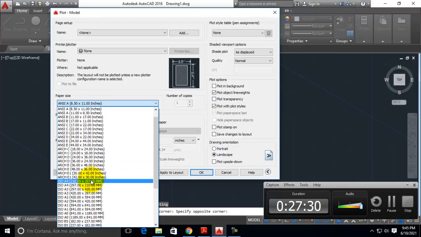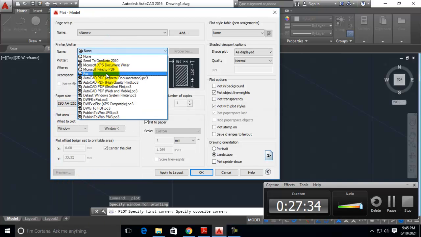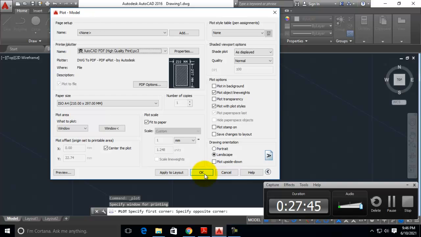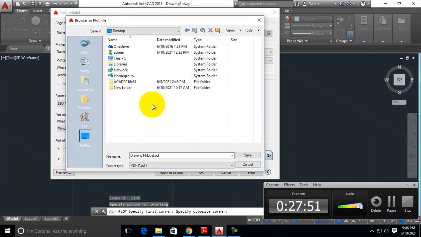ISO A4 also you can use, whatever it may be. Then go to printer type, select DWG to PDF, AutoCAD PDF high quality print you can use. Click OK. It will ask us where to save. I am selecting desktop, giving the name as exercise 9 diagram B, that is the second diagram. Save it.